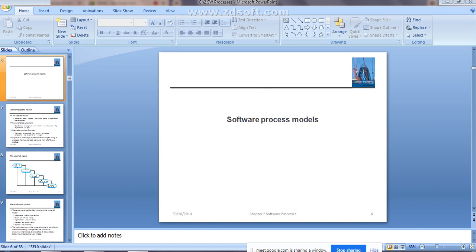Along with that, what are the different activities, what are the different stages in those models, and what are the advantages and drawbacks of each and every model we have studied. The waterfall model is going to have separate and distinct phases that you are going to represent, right? Before the first phase is complete, you will not go for the next phase. That is the case in the waterfall model.